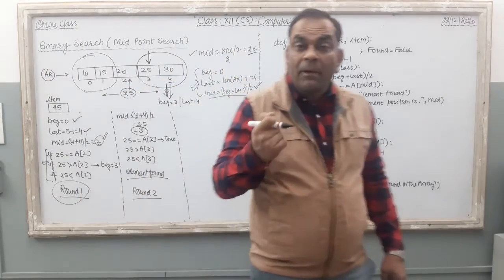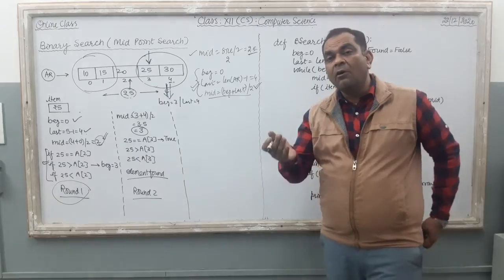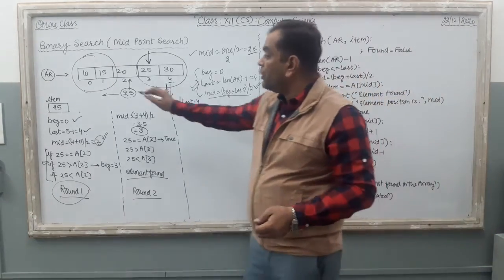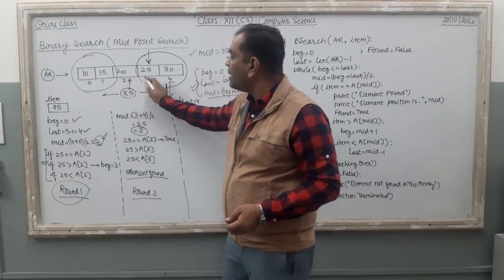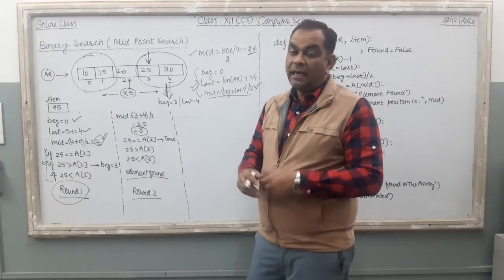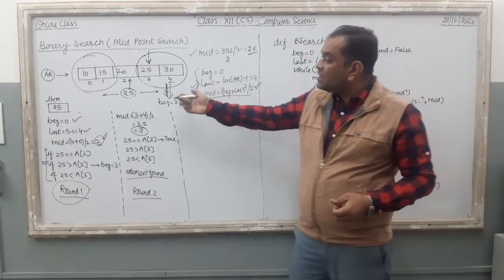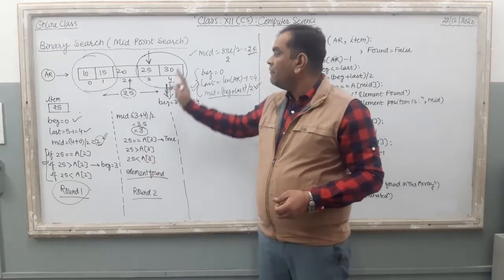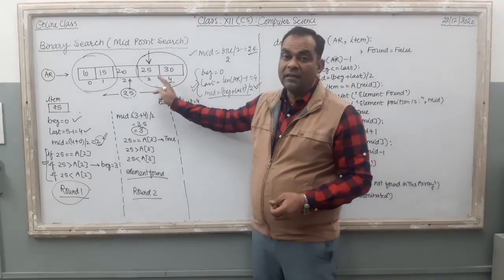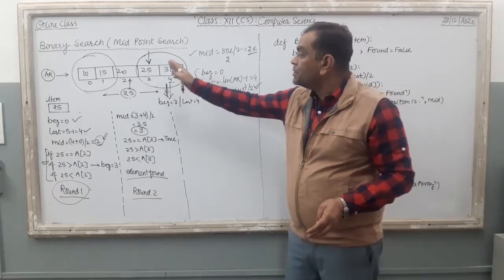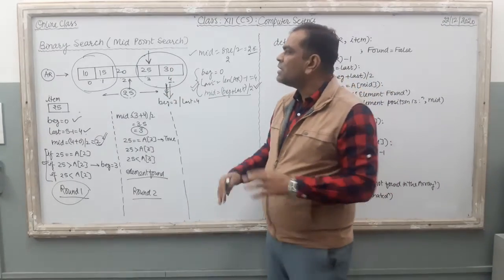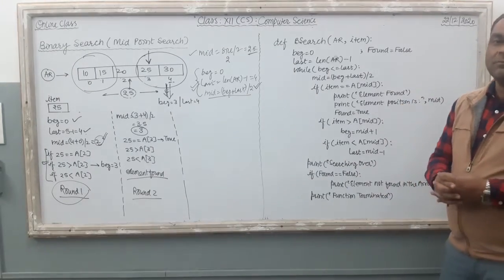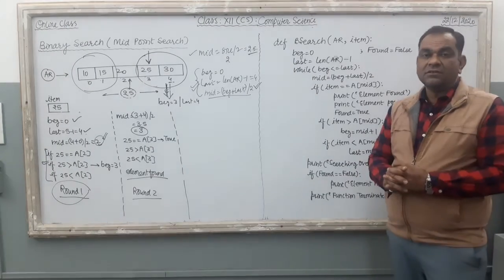Right, here the binary search technique is somehow faster than the linear search technique. What happened in linear search? The computer is going to access each and every array element one by one. It is time consuming. Here, in just 2 rounds only, round 1 and round 2, we find the specific value and the position of this particular value. Right? So somehow we can say binary search is less time consuming than the linear search technique.